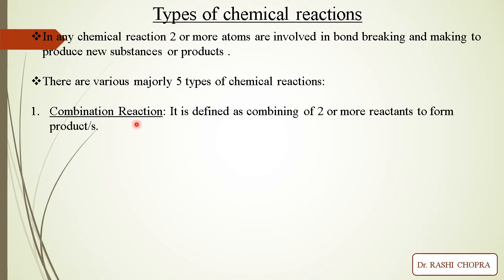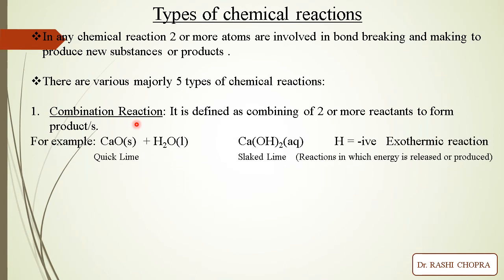Generally one product is formed. So in a combination reaction, 2 or more reactants combine to give a product. So these are the examples of a combination reaction. For example, I take a test tube and I add calcium oxide, a spatula of calcium oxide. This year you are going to do this particular example in your laboratories as well. So you add quicklime. Calcium oxide is also called quicklime. To that you add some amount of water. Let's say 2-3 ml of water, 4 ml of water maximum, not much. So when you add water, shake it thoroughly.